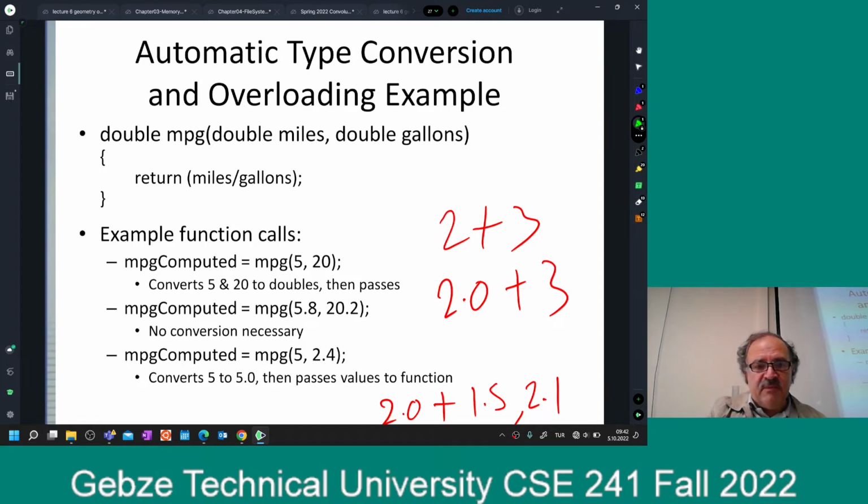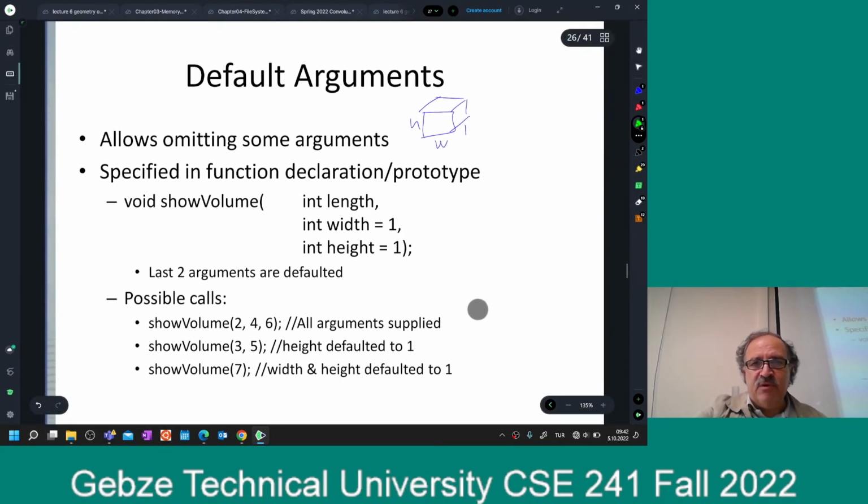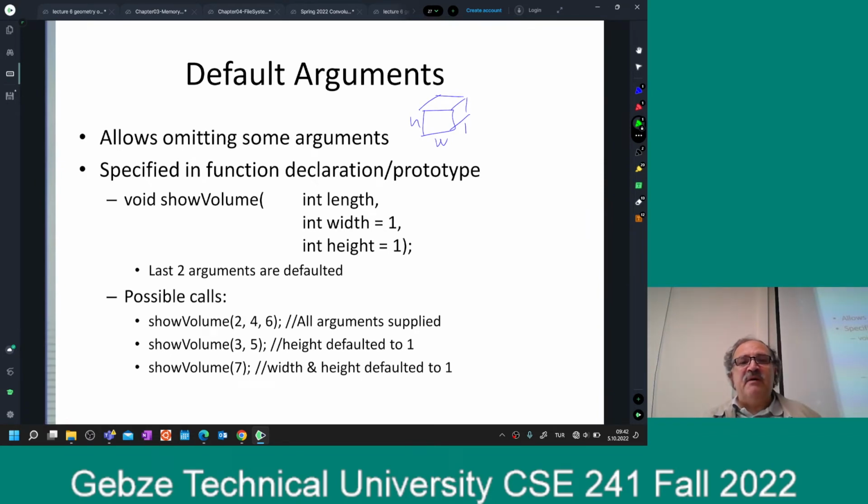I think I talked about enough on this. That's why I'm going to move on to a new topic, default arguments, which is simple, but we use it a lot. It's like overloading, but it is not actually overloading. It is something convenient. We use it all the time. Default arguments. So in C++,